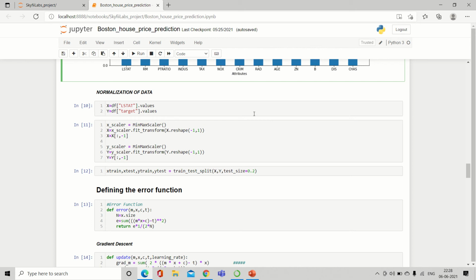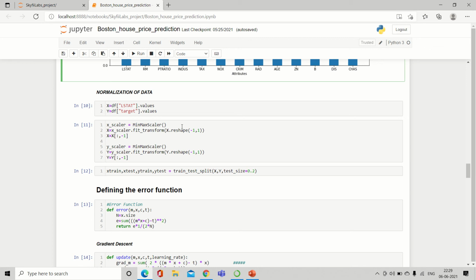What an ML algorithm does is, the ML algorithm thinks that the attributes with highest values must be given high priority. So this may lead to errors in the model. So normalization is performed in order to reduce that.